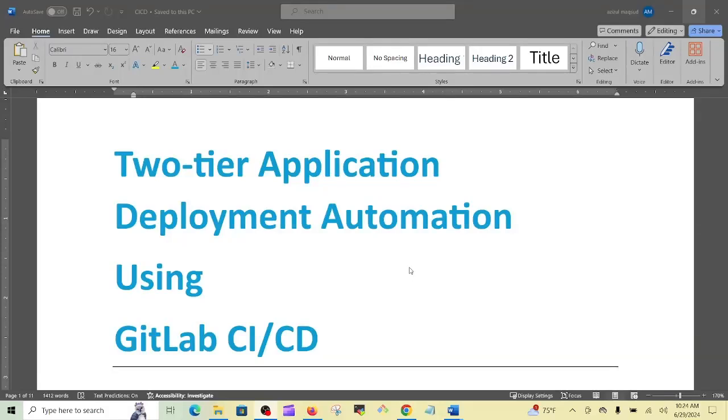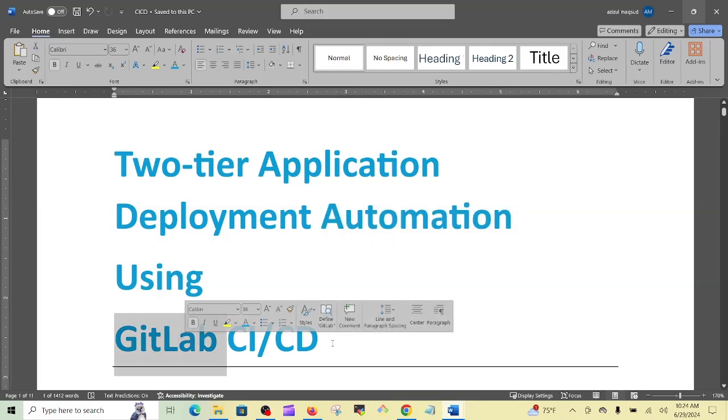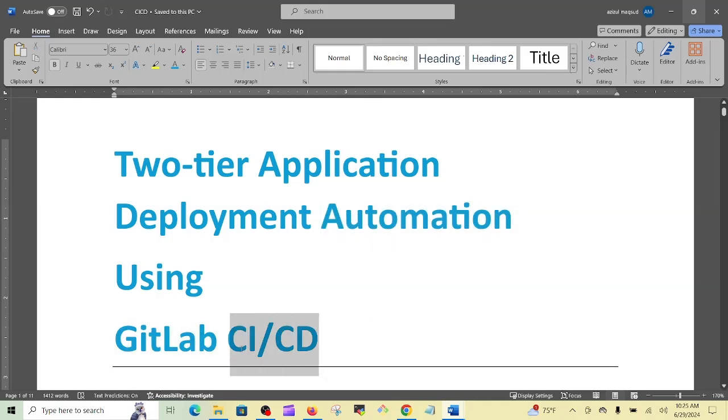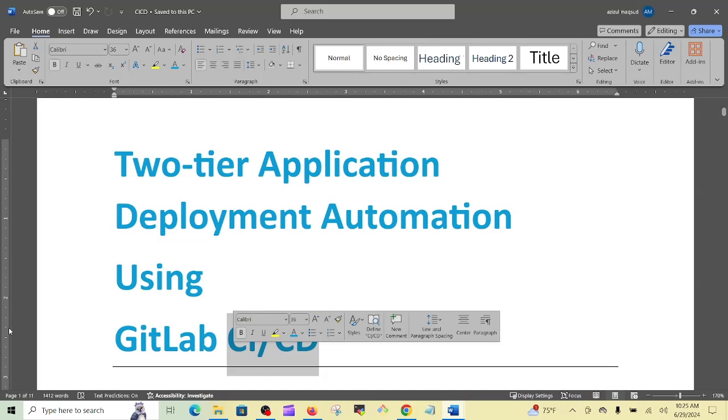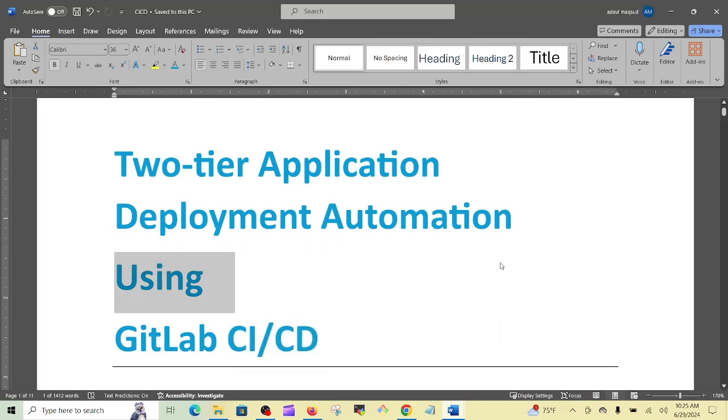Today I'm with another exciting project, explaining two-tier application deployment automation using GitLab CI/CD. As a DevOps engineer, you must know CI/CD. Not only DevOps engineers, but specifically backend and frontend, and if you are working as a full stack developer, you must know CI/CD. And if you know GitLab CI/CD, then it will be very easy for you to do it